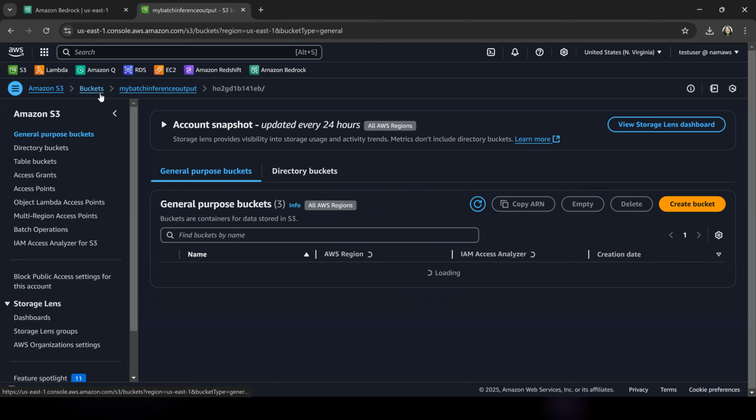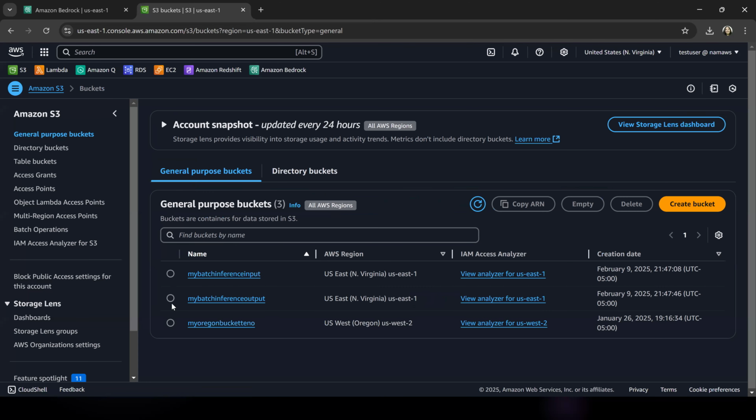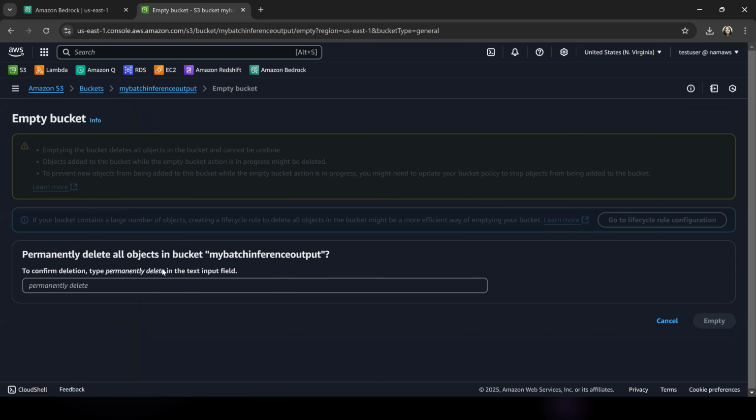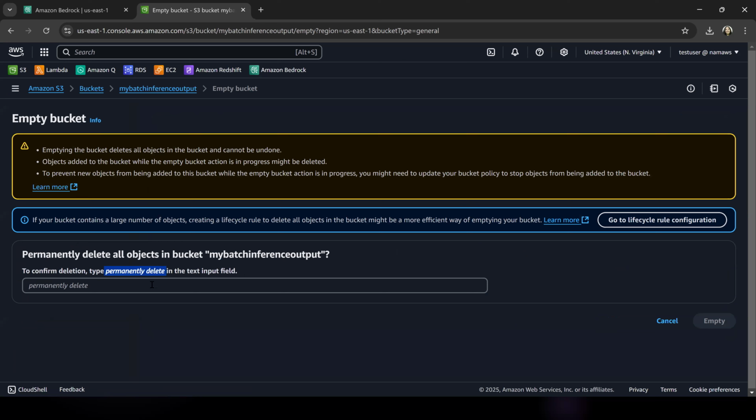So go to your buckets, select your bucket, empty. Please be very careful and do this, otherwise it is going to cost you money. So empty,